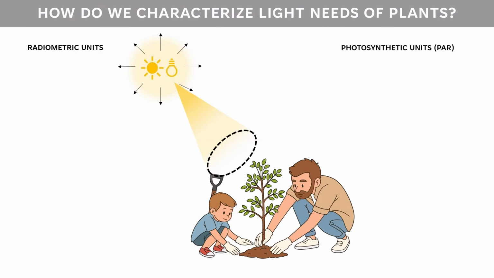Characterizing light energy is complex, with many confusing related units of measure. On the left are the common radiometric units of light that quantify the amount of energy that is in light. First, radiant power is the total amount of light energy coming out of a light source in all directions. Radiant intensity is the amount of light coming out in a particular direction. And irradiance is the amount of light falling onto a surface.